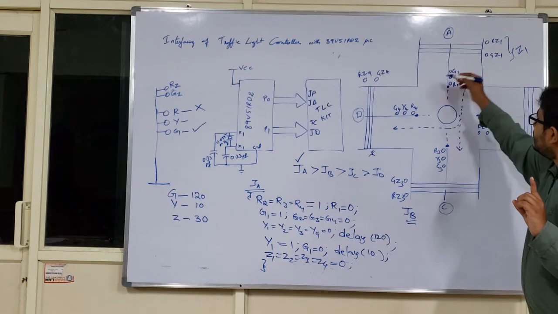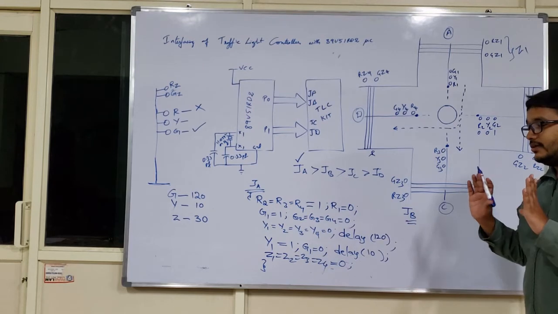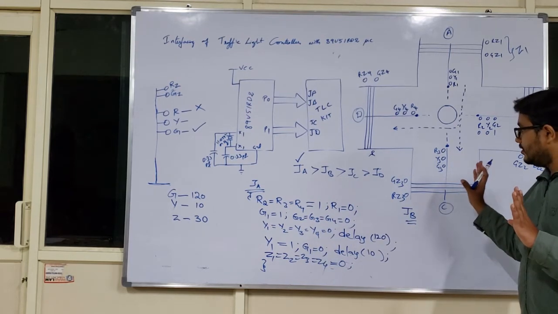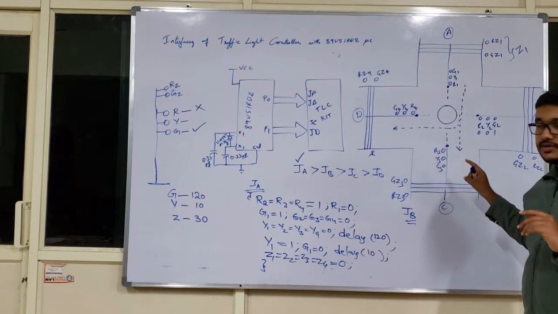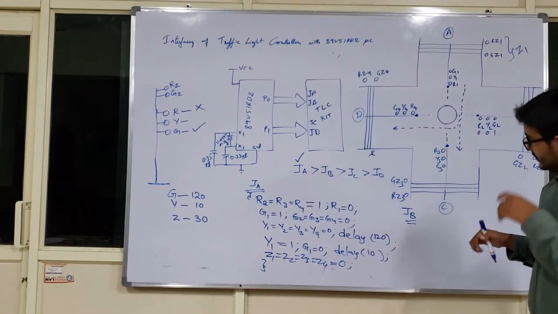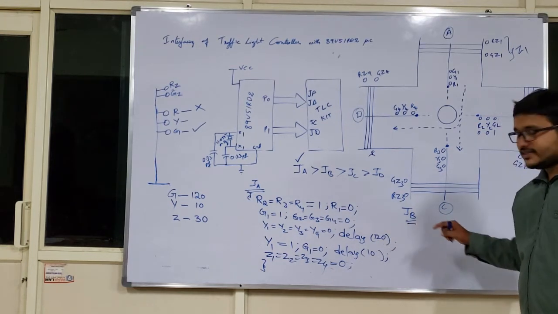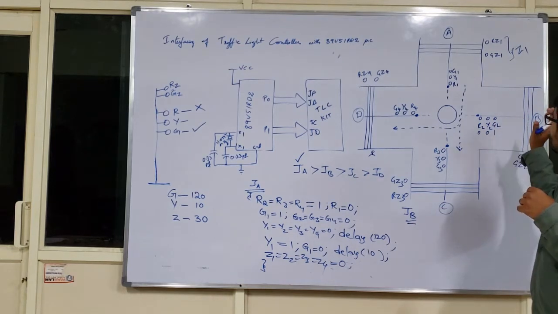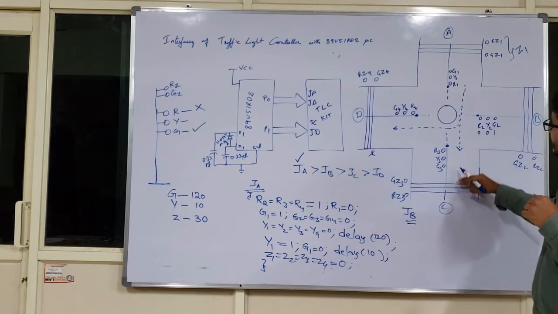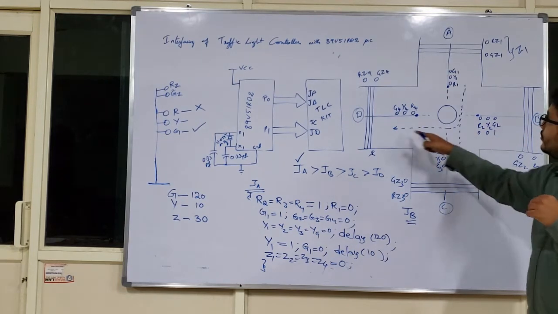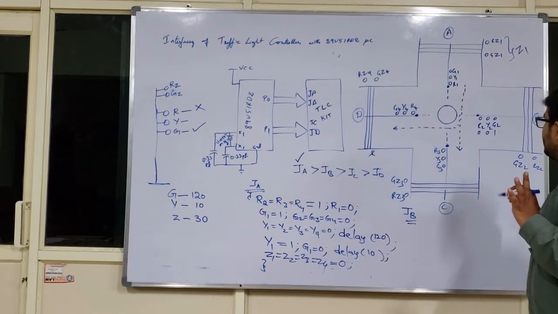Similarly, green 1, green 4 and green 3 will also be equal to logic 0. That means there is no movement for the vehicles from any of the other directions. And the yellows will also be zeros. All the yellows will be 0. So that will be for junction B, again for 120 seconds. That means the vehicles present at B road can take a free left turn into the C road. They can move towards the D road, and they can also take the direction towards A road without any restriction.